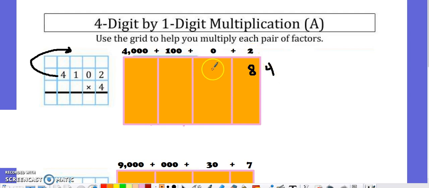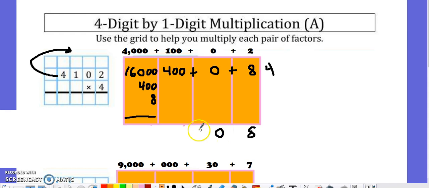4 groups of nothing, nothing. 4 groups of 100, don't forget your plus markers, is 400. And 4 groups of 4,000 is 16,000. Now just add them together. I'm going to take everything and make them matchy-matchy, vertical. I don't even need to put the 0 there. And then when I add them together, I end up with an 8 in my ones,